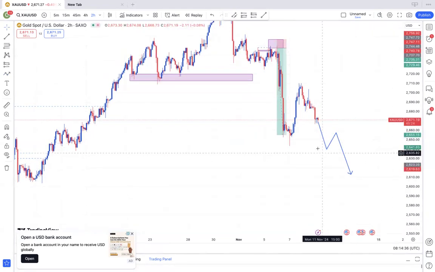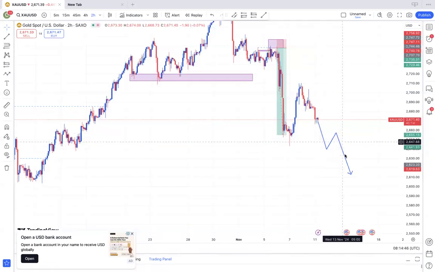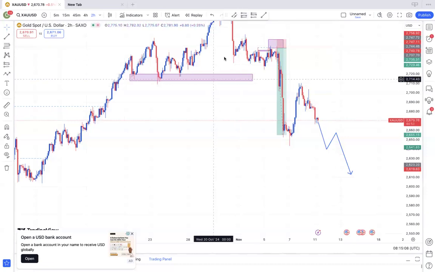So if gold should break past the 2640 area, and creates a complex pullback, you should see the short break past this 2640 again. And at least you should probably sell all the way to like 2614. Listen to the prerequisite. If gold should break past 2640, then create a complex pullback to maybe like 2657 area, you can take a short down to say 2618 zone. That's like the bias for XAUUSD.